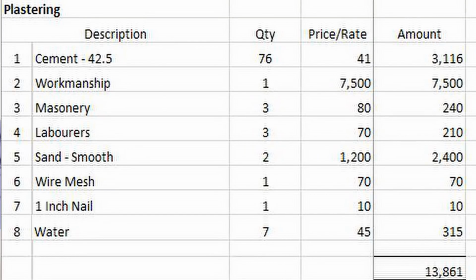Then for that stage of the fence wall, which is building the fence wall from the ground upwards, there was another cost for actually plastering the fence wall, which is also on your screen now. Again, obviously cement, workmanship of 7,500 Ghana cedis for 175 meters of fence wall. So you can do a comparison there for yourself. The masons, of course, the laborers and the materials, that came to 13,861 Ghana cedis. So the total cost for my fence wall, building the wall and plastering as it stands now,